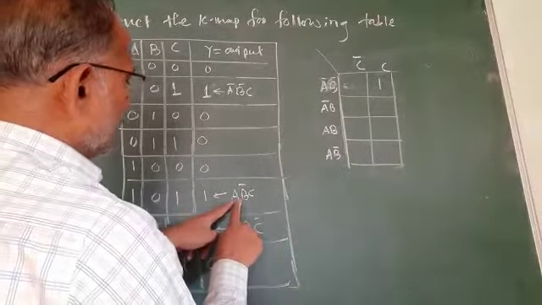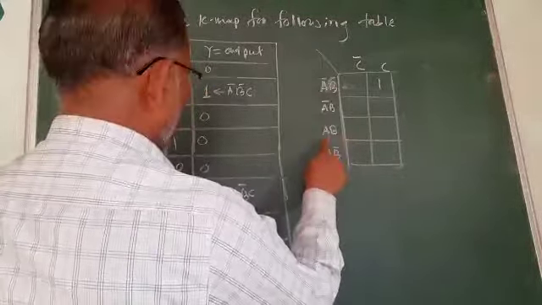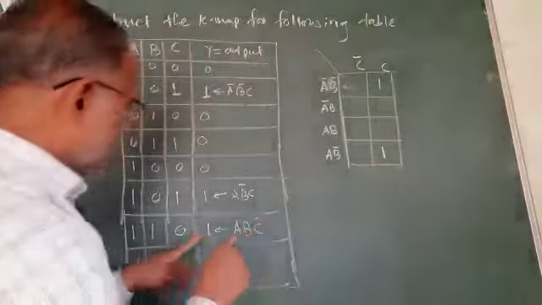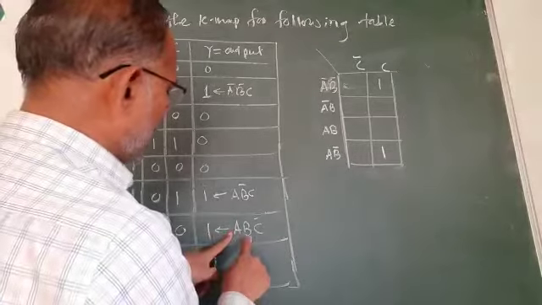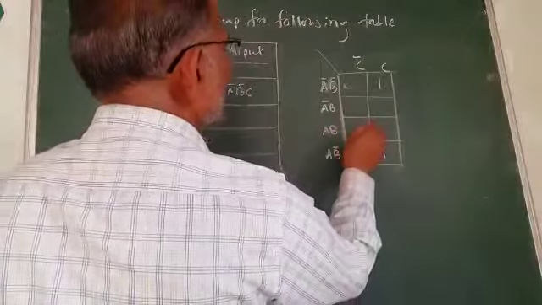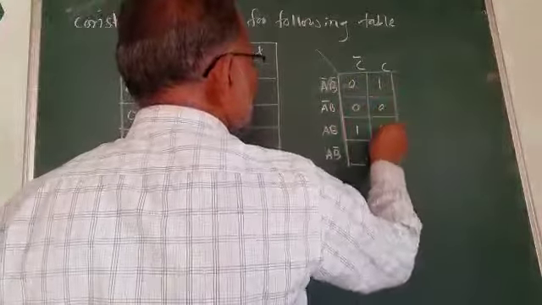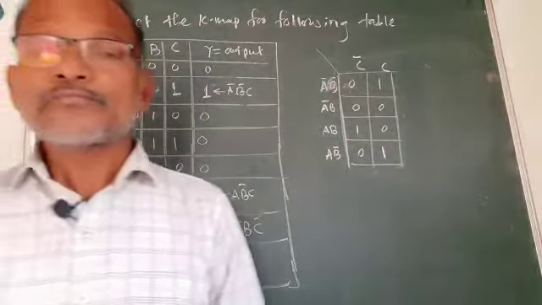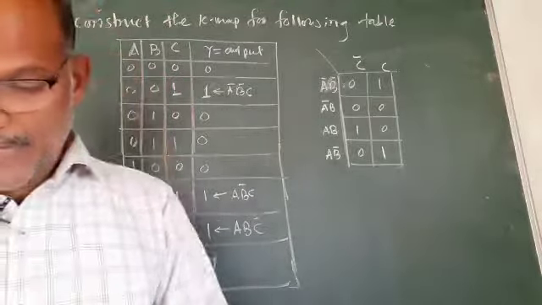So 1 here. A, b bar, we can see here 1, a and then b bar here, and c. So over here 1 is there. Again 1 is present at this output. I will write a, b and c bar. So here, all other are 0. This is a simple way of finding or writing the Karnaugh map when we have 3 variables.